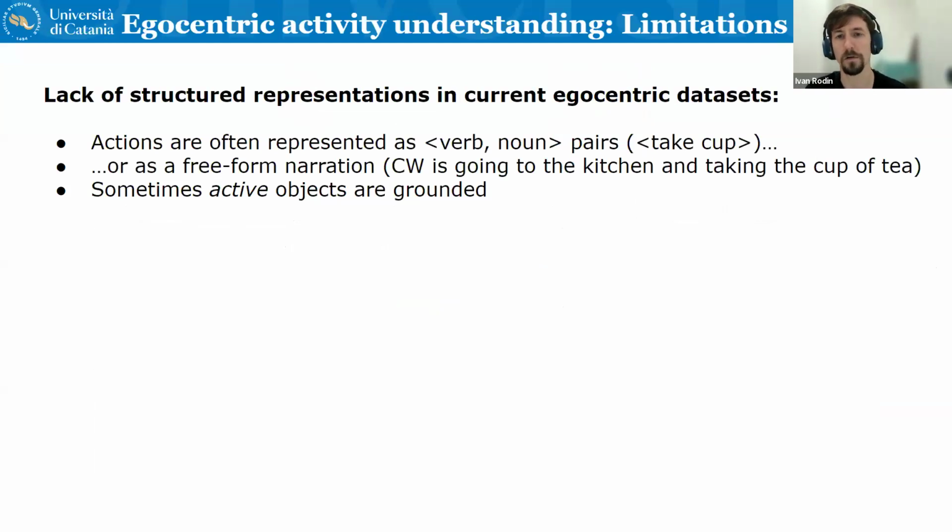If we are talking about representing human activities, often actions are represented very simply as verb-noun pairs, for example, take cup, like in Epic Kitchens or in Ego4D. Also, there are free-form narrations, for example, textual descriptions of the activities performed by the camera wearer, like camera wearer is going to the kitchen and taking the cup of tea. Sometimes in the annotations, the active objects are grounded with bounding boxes, so we can detect the objects in the camera wearer's hands, which he manipulates, but still it's not a structured representation which may be useful for many downstream tasks, such as captioning, anticipation, long-form summarization, visual question answering,